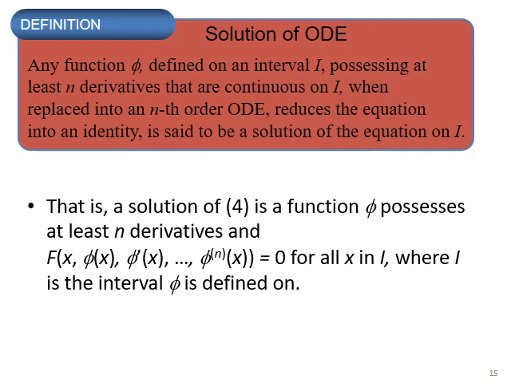Now how do we solve it? I can read here the definition: any function phi defined on an interval I possessing at least n derivatives that are continuous on I, which when substituted into the nth order equation reduces the equation to an identity, is said to be a solution of the equation on I. And simply I can summarize this to say, solving a differential equation is finding